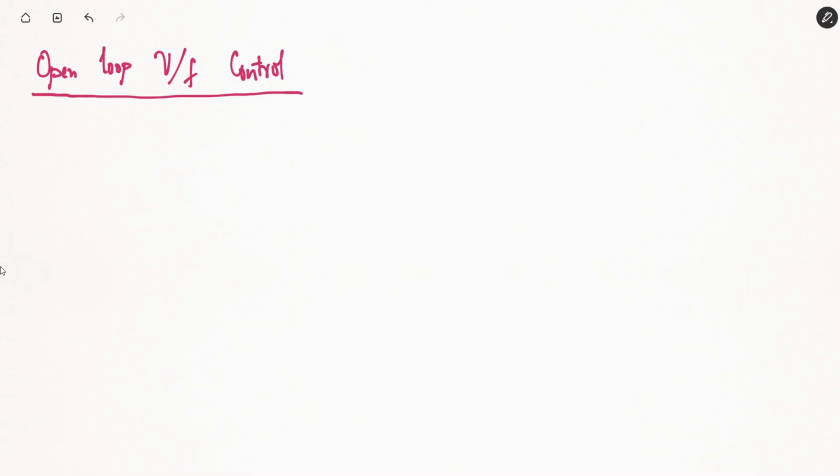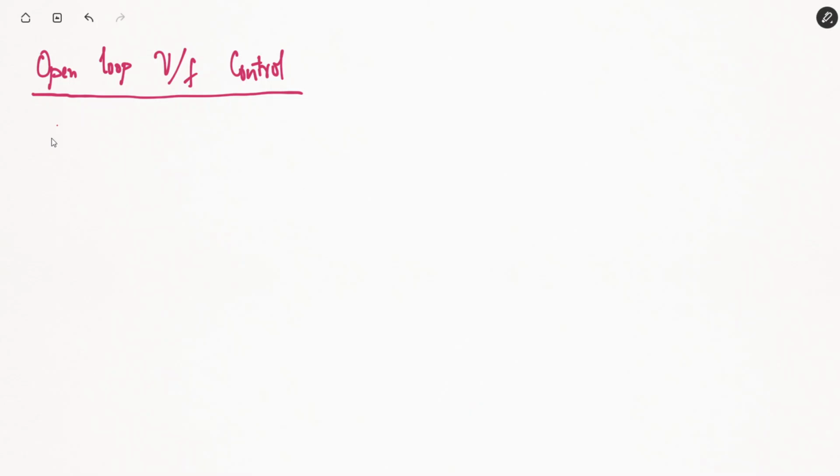So today we'll be first discussing the open loop volt Hertz control or V by F control. As already stated in the previous session, what we do in case of variable voltage, variable frequency control is that we keep the ratio V by F constant such that the flux of the induction machine remains constant, and we can control the speed while keeping the flux constant.